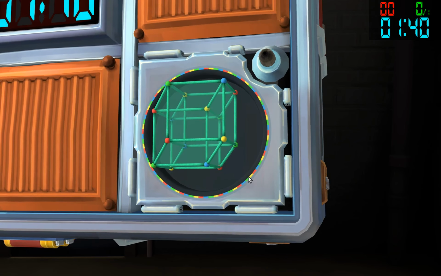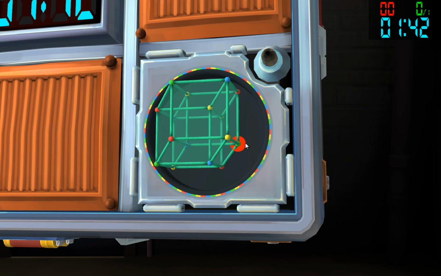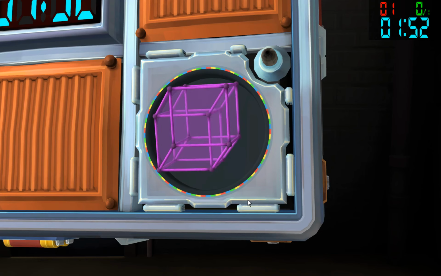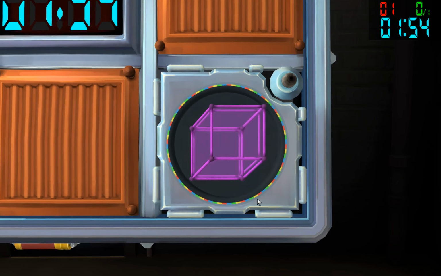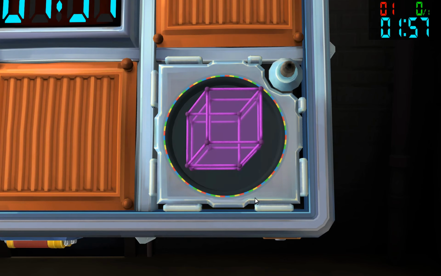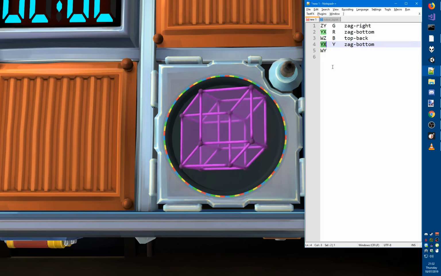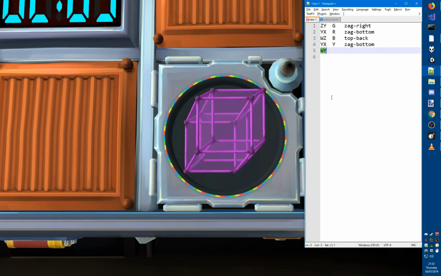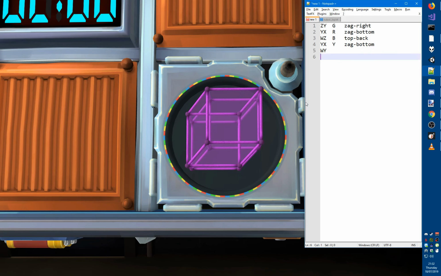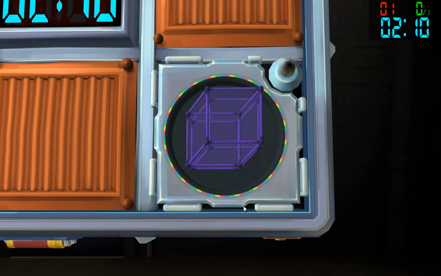But I'm just going to intentionally press a wrong one now, just to show you what happens. Alright, so you get a strike, and then it starts doing the rotations again, after doing some color shifting. There you go, there's the rotations. Now the thing is, these rotations are still the same, so these will not have changed. Right, so that was the third, so this is YX, and this is WY. You can probably convince yourself of that. But now, if I press another vertex again,